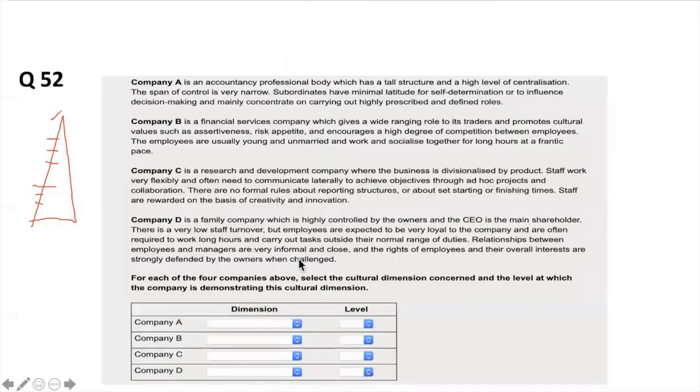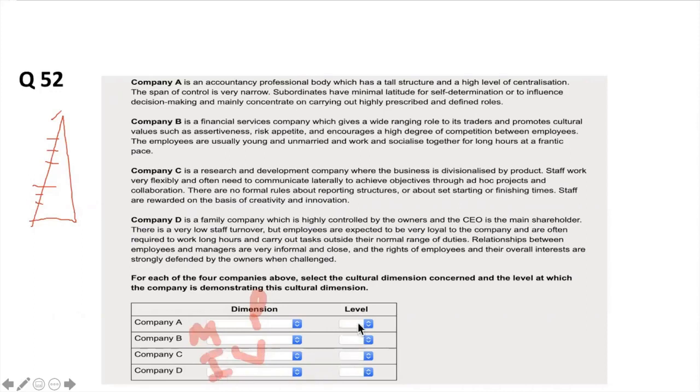Now, if you go back and to give you an answer and to try to mark the answer here, as a last point. So company A would probably be the power structure. Company B would probably be more masculine. Company C would probably be more, as we said, uncertainty oriented. They're fine with uncertainty. And company D would be more individualistic. So that's what I would say.